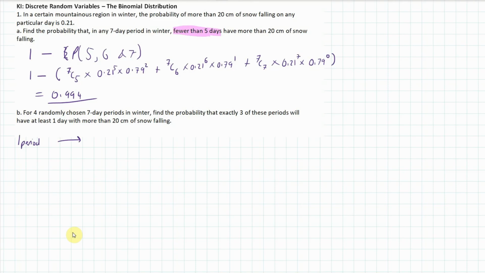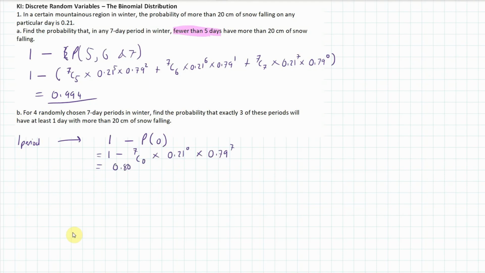So, to find at least one day, that would mean 1, take away the probability of 0 days, which is 1 take away 7 choose 0 times 0.21 to the power of 0, times 0.79 to the power of 7, and this gives us